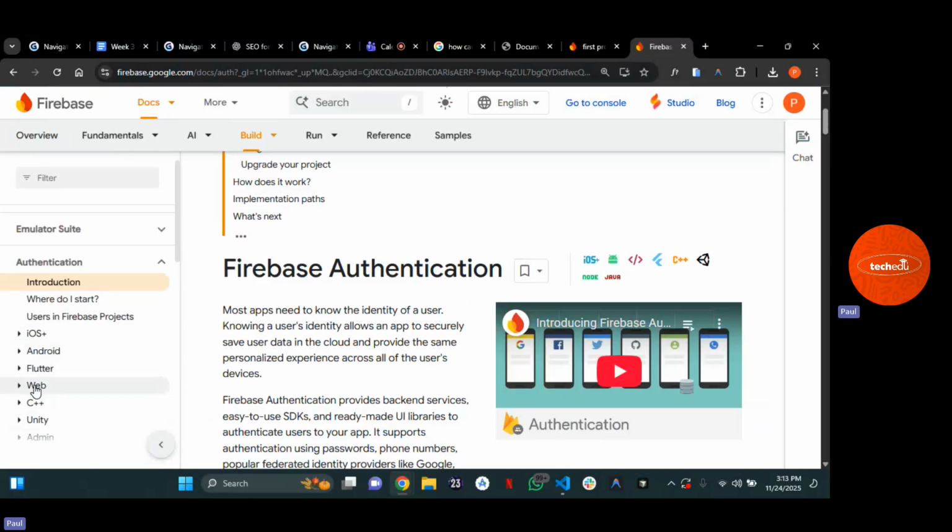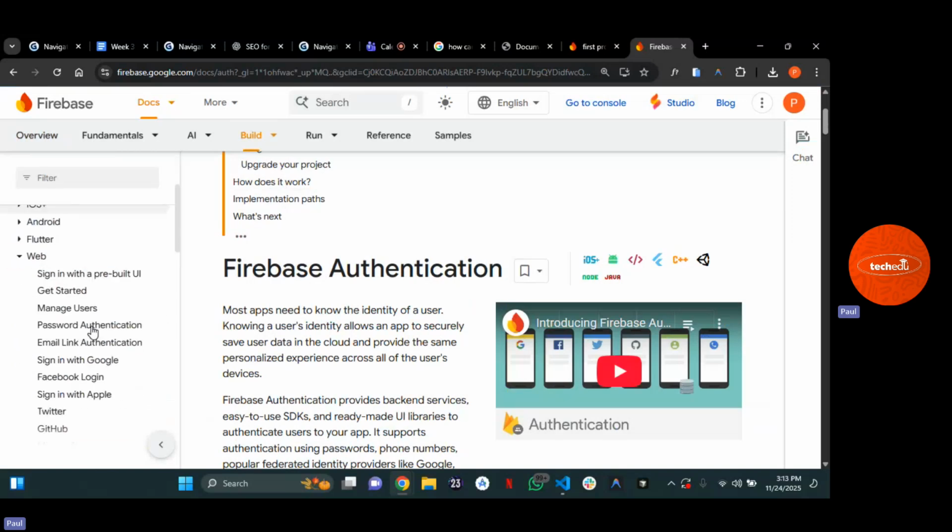If you are building a mobile application, probably Android or iOS, you can use it. With Flutter, that can be both Android and iOS. You can use Flutter. But I'm using what? Web. Now in this web,